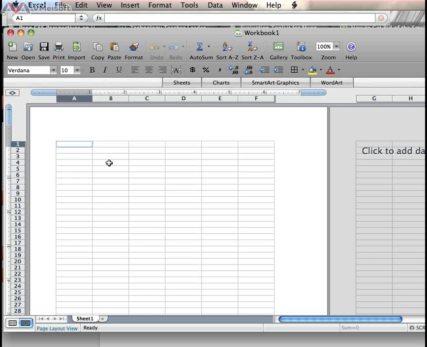So if I was to go, say, to B4, column B, row 4, make that the active cell, again, the formula box or formula bar cell reference box shows the active cell B4. Now we're going to start typing some data in. Let's just say I want to put in a name. I type in the name,